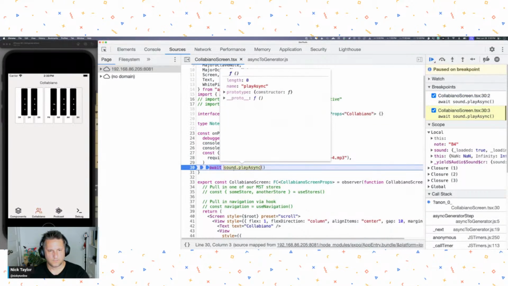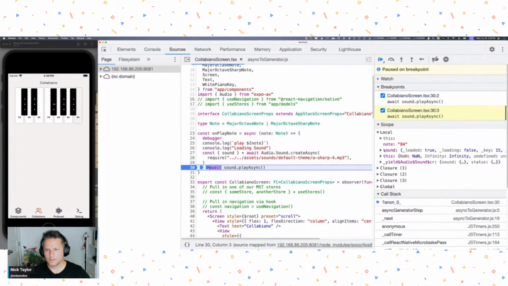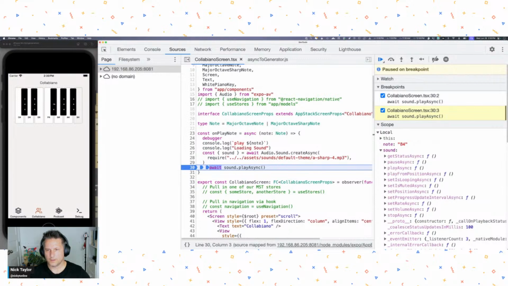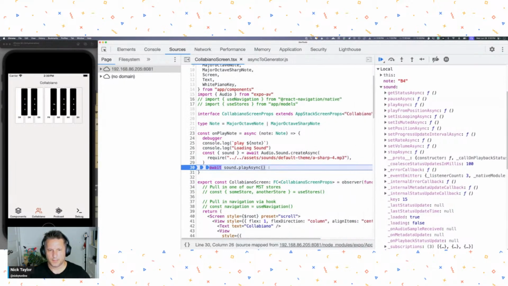Okay, so we've got the sound, because if I look over here, I've got the note sound. Okay, play async, and it should play it. So